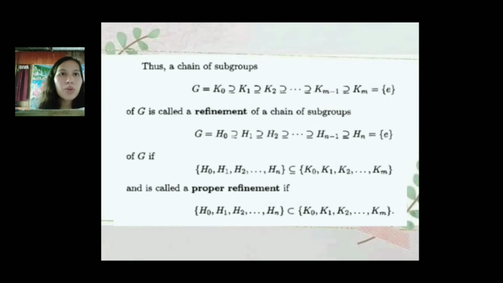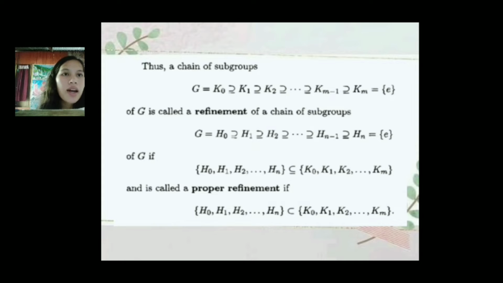Thus, a chain of subgroups G = K_0 ⊇ K_1 ⊇ K_2 ⊇ ... ⊇ K_{m-1} ⊇ K_m = {e}, the identity of G, is called a refinement of a chain of subgroups G = H_0 ⊇ H_1 ⊇ H_2 ⊇ ... ⊇ H_{n-1} ⊇ H_n = {e}, the identity of G, if the set of H_0, H_1, H_2,